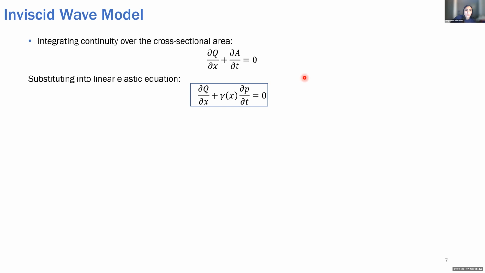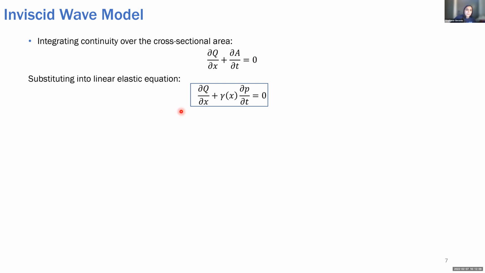So we begin with just assuming that the flow is inviscid, or we're neglecting viscous forces. When we follow through with continuity and the momentum, we start with continuity here, and we integrate over the cross-sectional area to get the relationship between the flow rate and area. And when we substitute this into our linear elastic equation, we get our first expression relating the flow rate and